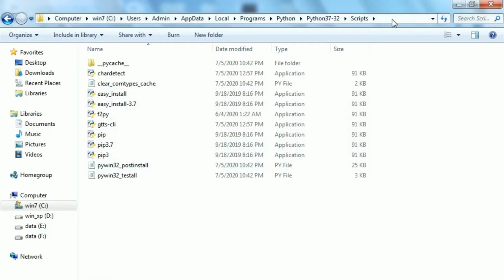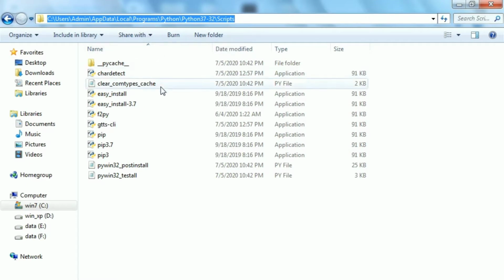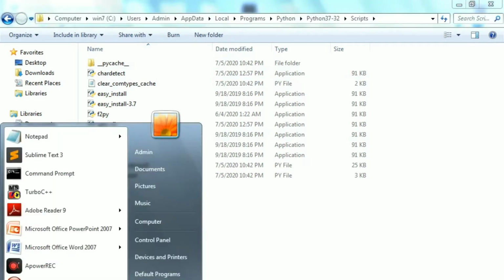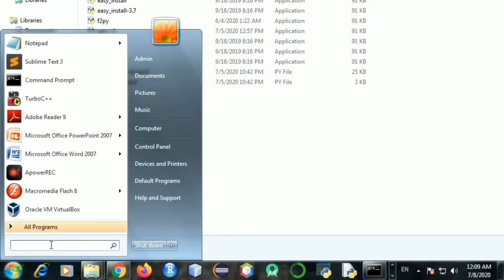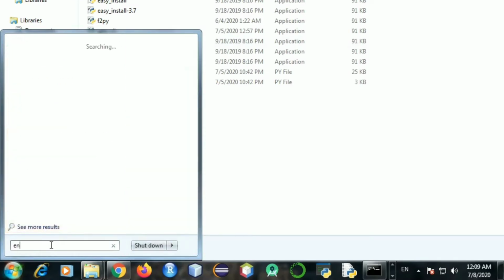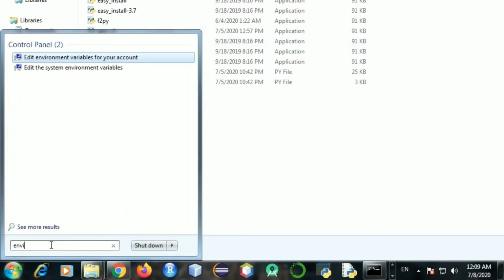Now what you need to do is, on the search tab out here, you have this entire path. Just copy it. You press Ctrl C and copy it. Now go to the start button. Next, in the search tab, just type environment variables.